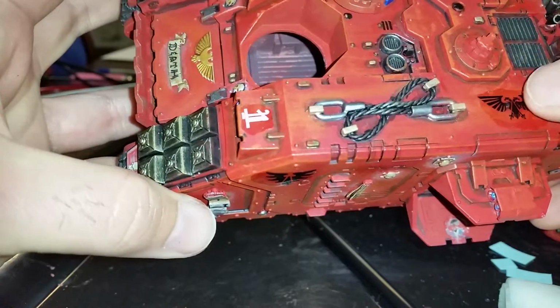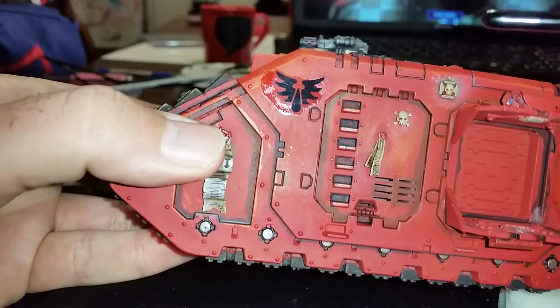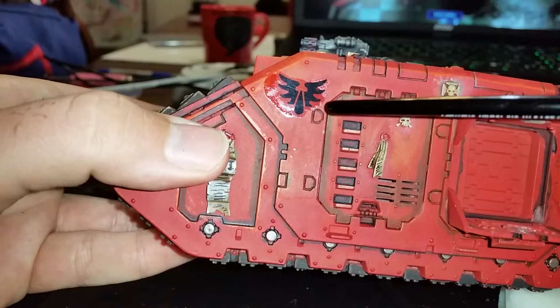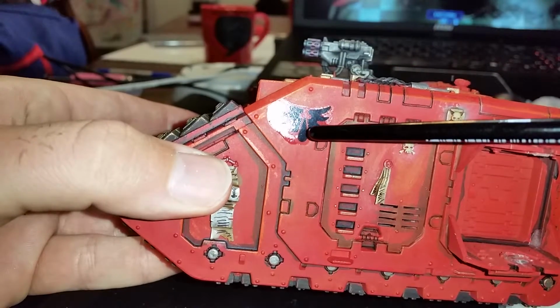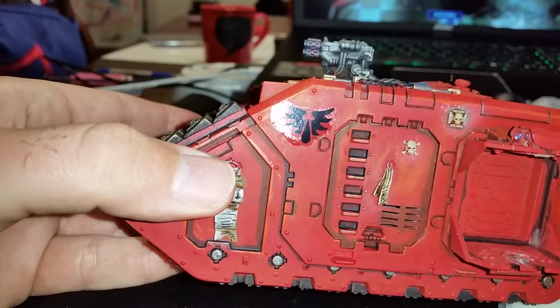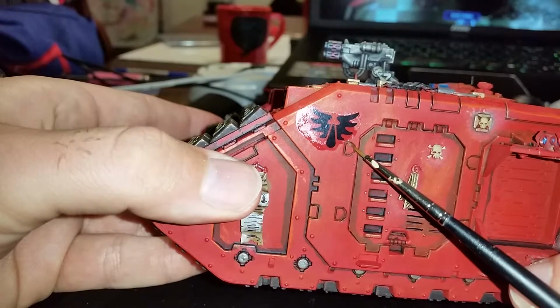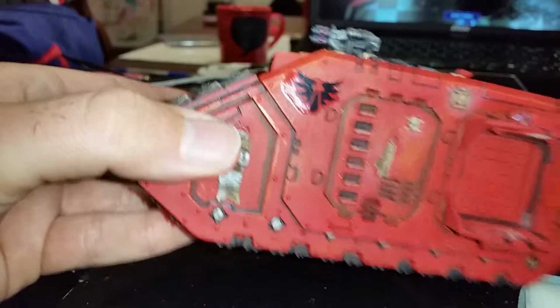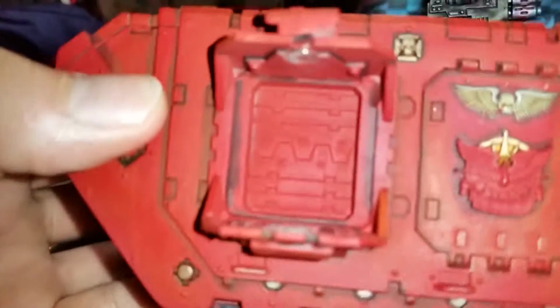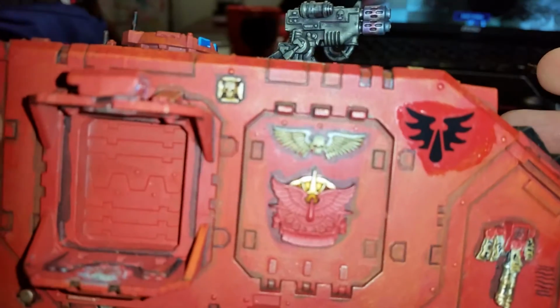One's got like a paper towel smudge, but I'm going to work that into this kit, I think. And the other Blood Angels. But what I did to line these up was at the very bottom lip of this last wing, right here, I just put it right above this lip of this panel piece, and kept the distance about equal. So as you can see, they're both just ever so slightly above, and I tried to keep them as straight as